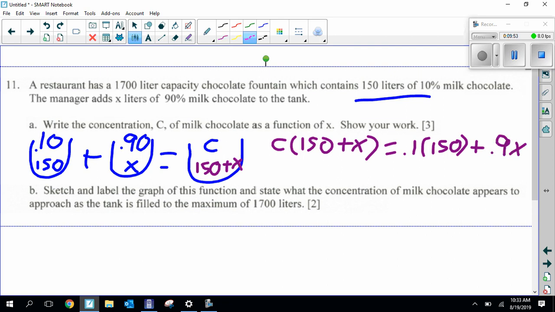And then get C by itself, so divide. So there's our equation, C of x equals